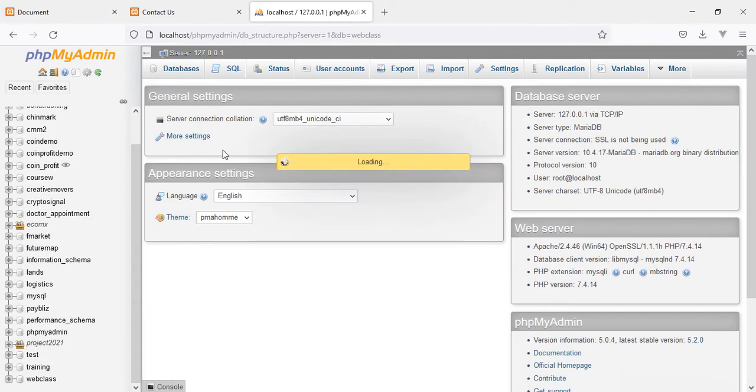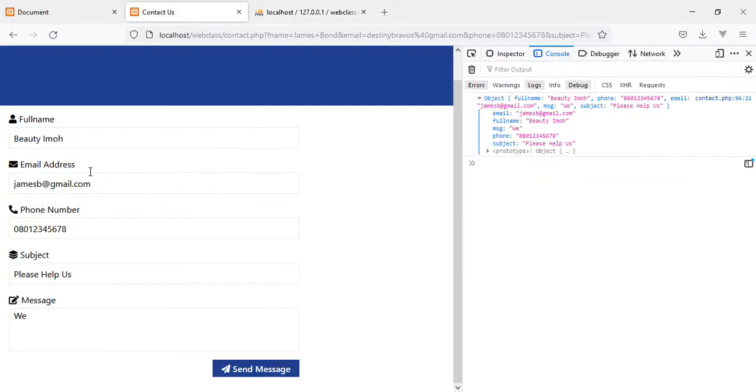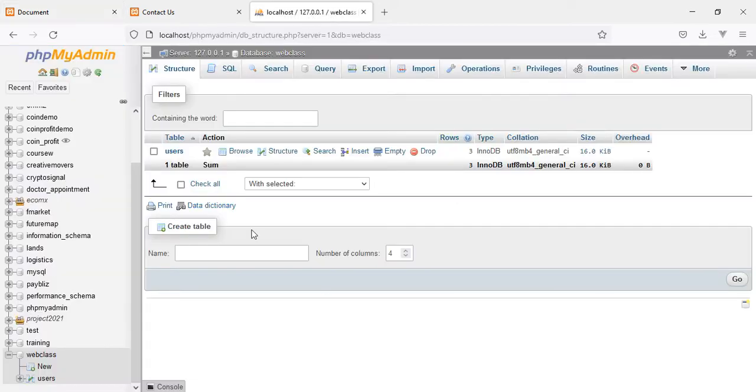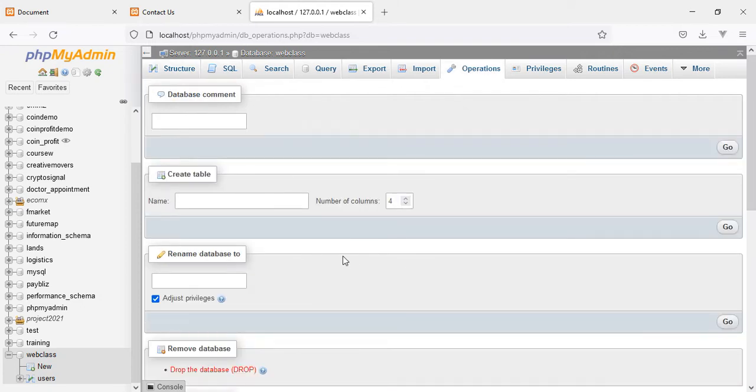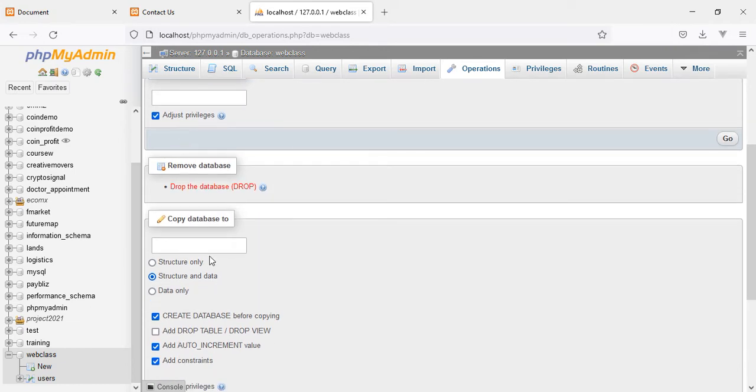So we go to web class. We already have a user table. So what I'm going to do is, since the data are close to each other, that is, the form and the user table are closely related to the contact table, just some few differences, I'll simply copy the user table. So I'll go to operations. I will see something like copy table. So copy table to,